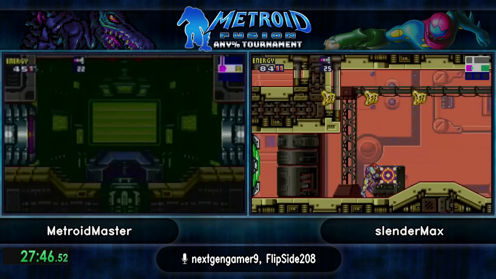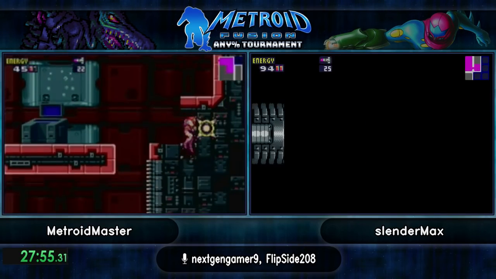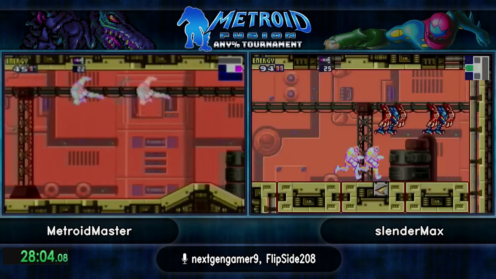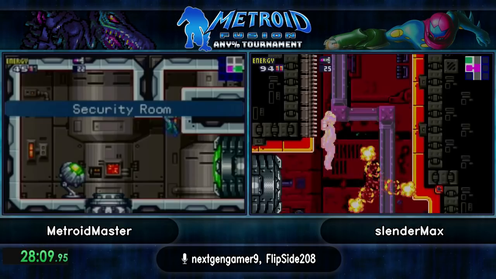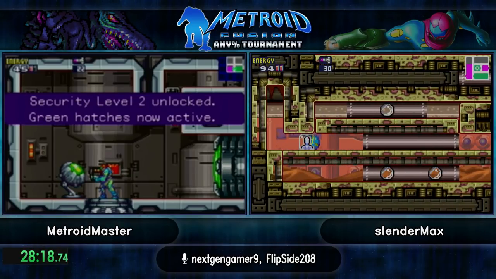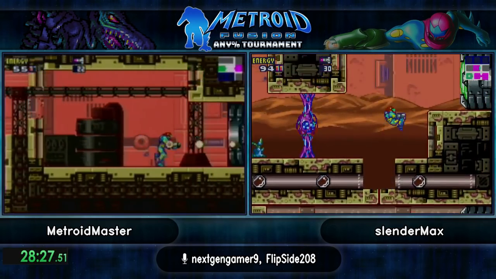slenderMax got the security doors and is now going to be beelining for the Super Missile upgrade. Alright, so slenderMax did a bit of pause buffering there to get this trick here. And this is called Shine Break. Basically, right as you break a speed booster block, you can actually store a Shine Spark on it. And if you do that, you can do what we saw slenderMax do there and fall through the blocks with the Shine Spark active. So from there, slenderMax used it to Shine Spark up the shaft and save a bit